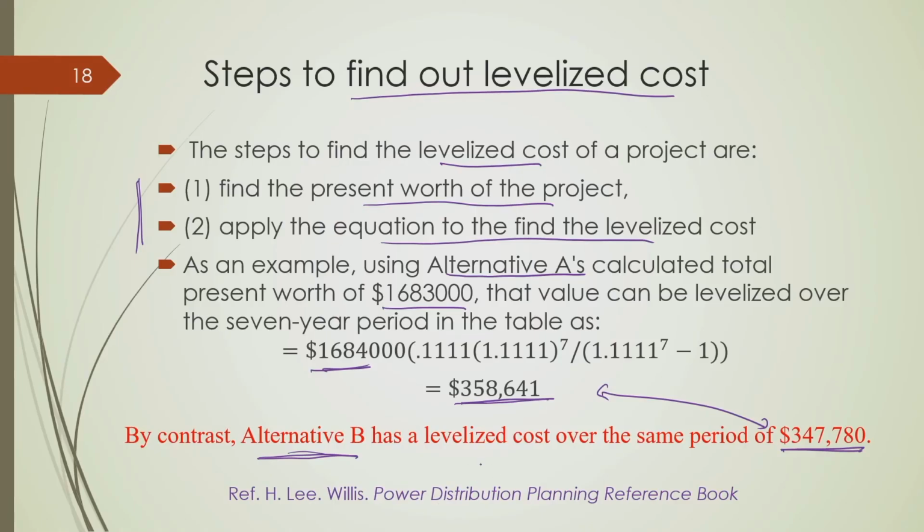So, if you compare this and this, you will get around $10,000 difference of the annual levelized cost, which is very important. Okay. So, here you can understand that alternative B accounts for $10,000 less amount of levelized cost as compared to alternative A, which is basically a significant amount, and this helps you to choose which option should be economically more